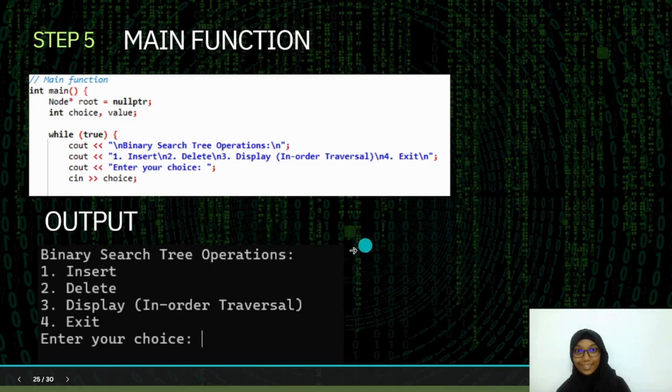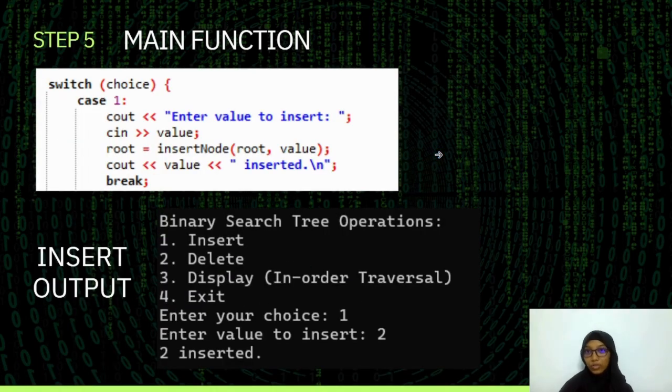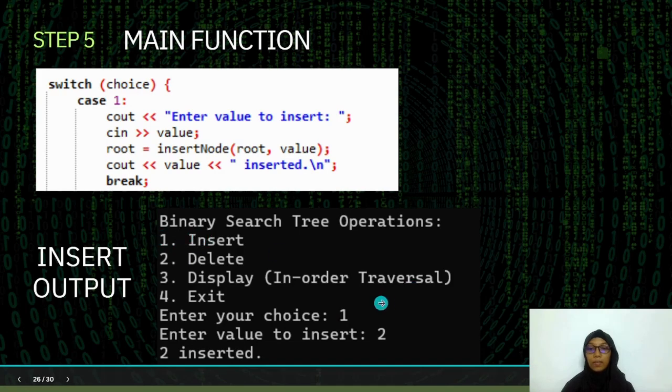All the choices here. For the next part of the main function, which is the enter value to insert. It will check if the root is empty. If the subtree is empty, it will automatically insert the item to become the root value. And these are the insert output, which is, if my choice is to insert, I will type